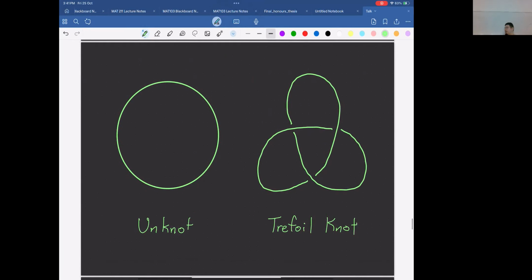So let's come to the knot. Basically I draw two knots here. One is the unknot, one is the trefoil knot. So how do you create this knot? Every day you tie your shoelaces, right? You can take one of your shoelaces and just make a tie around it, like this. And this is what we call a knot. But how do we get this trefoil knot? Imagine you tie it first, but you don't tie too tight, and then you tie it again.